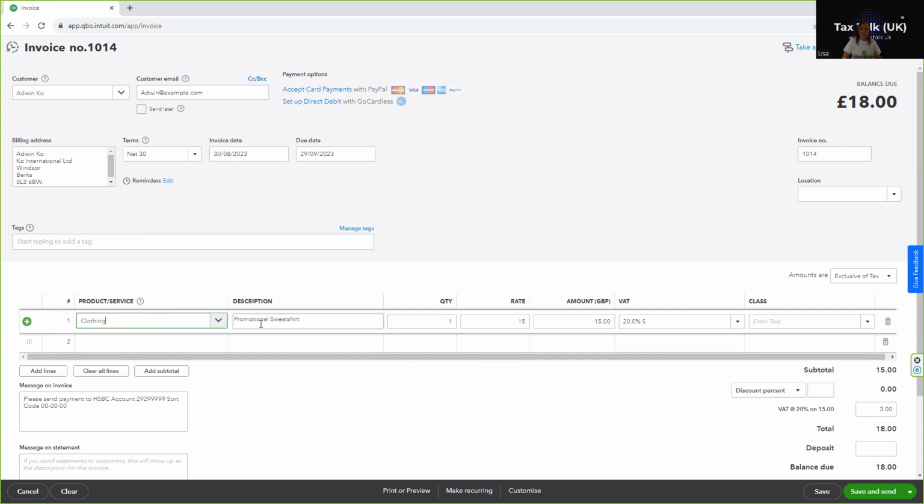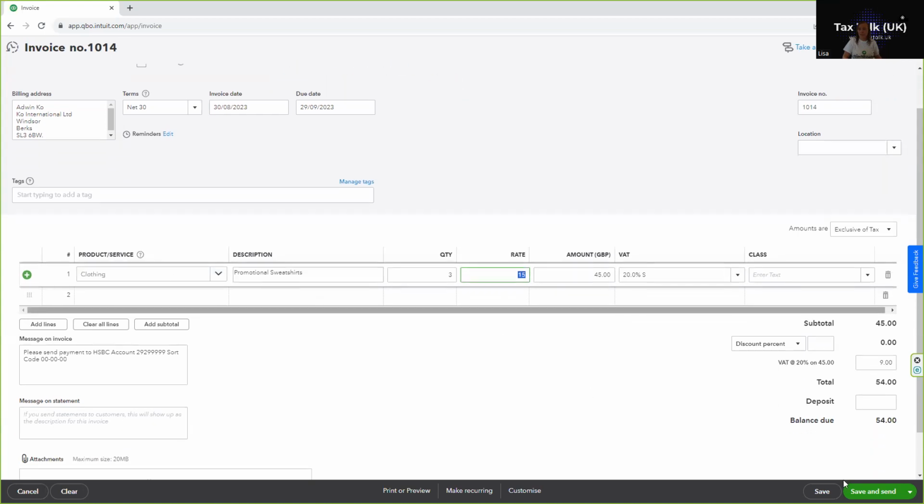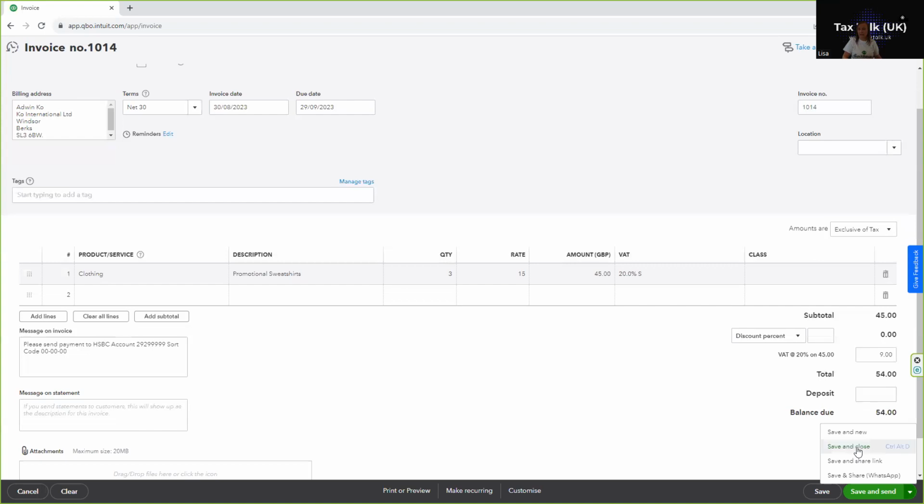So you can see here the description that we put in when we set up the product is entered, and we can change that if we want to. And we can also change the rate. So the information that we set up is just to help you not to have to keep re-entering the same information, but it can be modified or amended as necessary. So if we said that we were selling 3 of these, the VAT, again, all of this is per how it was set up, and we can save that